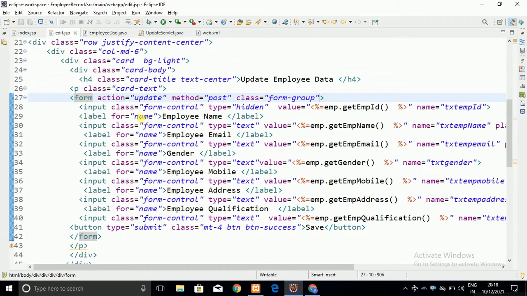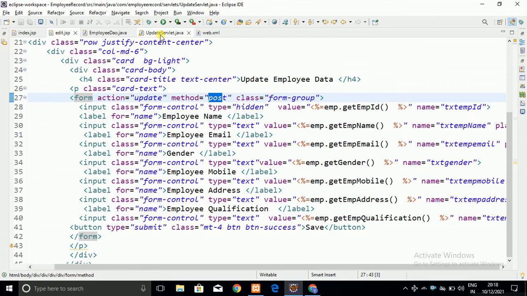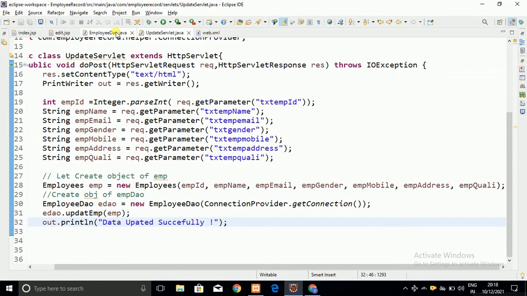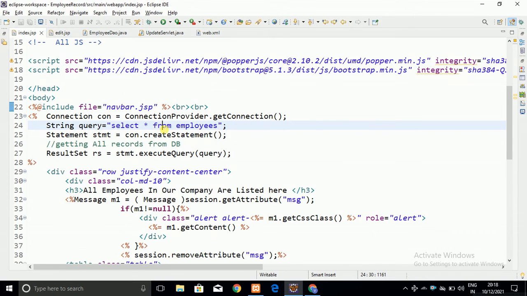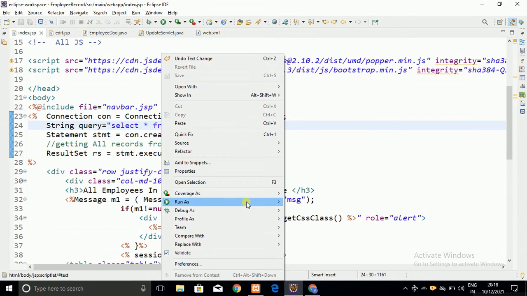So now again I have to run my code, and let me see whether it is going to run successfully or not.